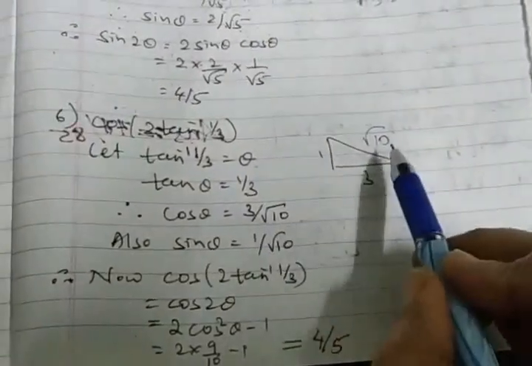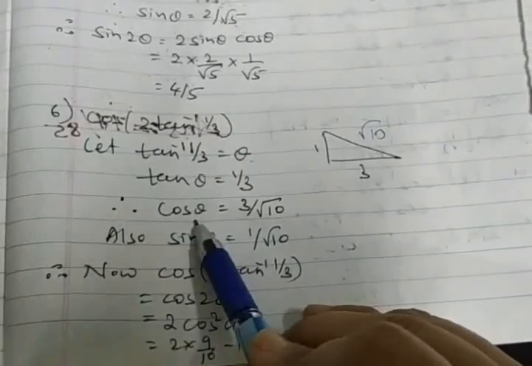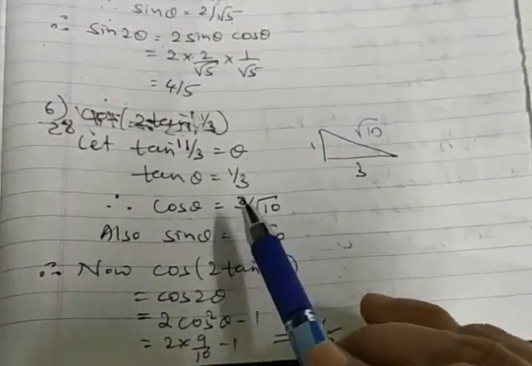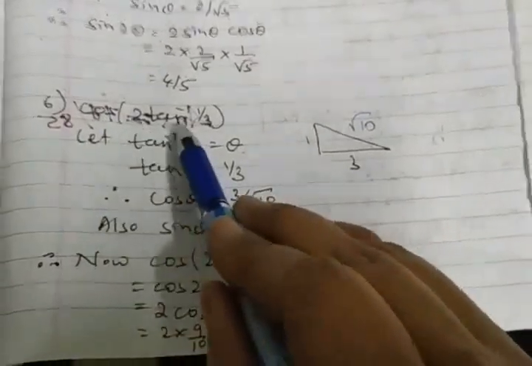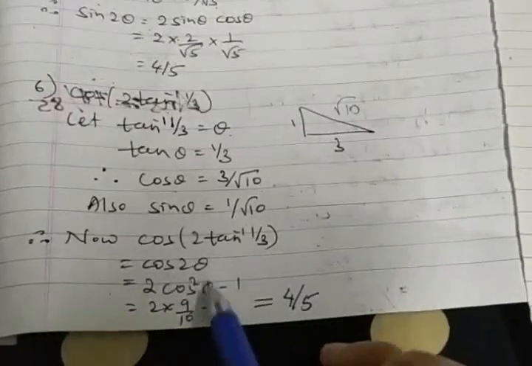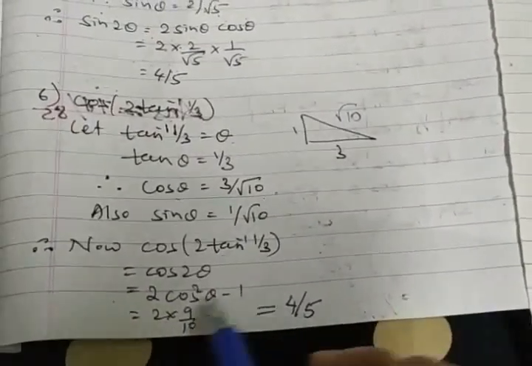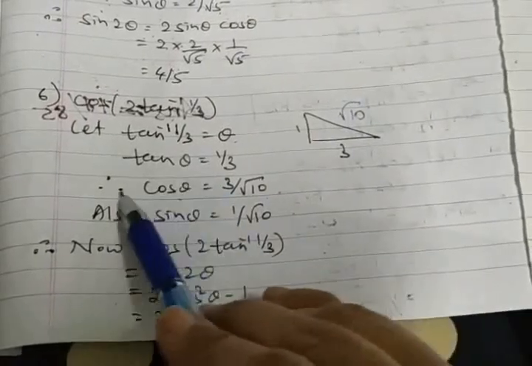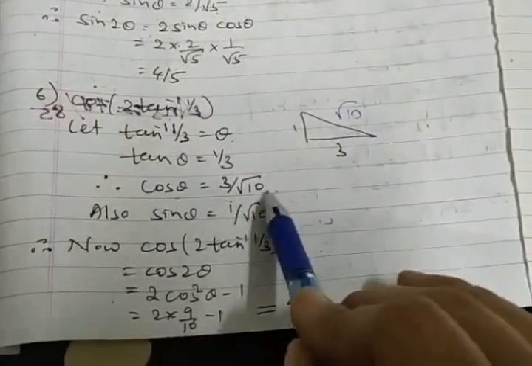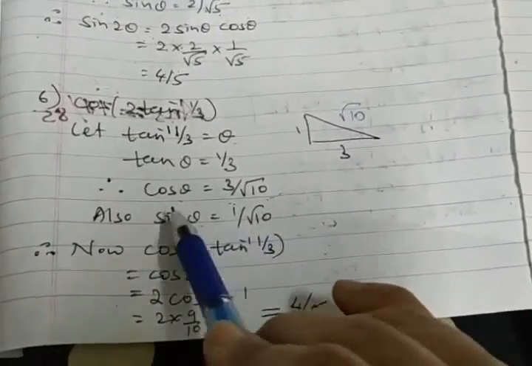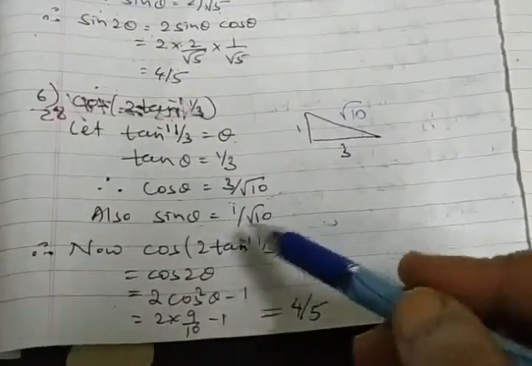Okay. So once I find here, I am claiming here therefore cos theta. If you want, you can write sin theta, all functions can be written. But required, I was highlighting cos 2 theta. Which formula was running inside my head? cos 2 theta. 2 cos square theta minus 1 was a formula which I was thinking about. So accordingly I went for tan theta, look, therefore cos theta is 3 by root 10. So I am writing that also. If you are interested, you can go for sin. But not required for this question. But if you write also, there is no harm.